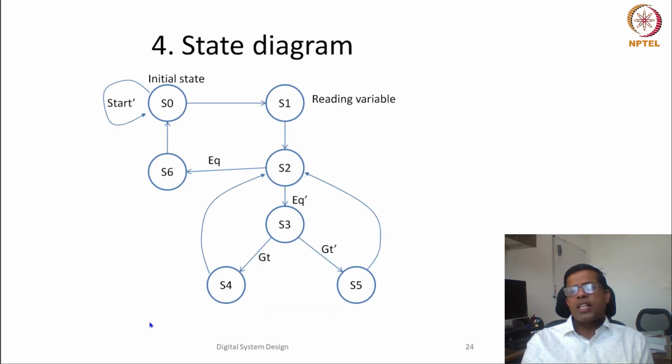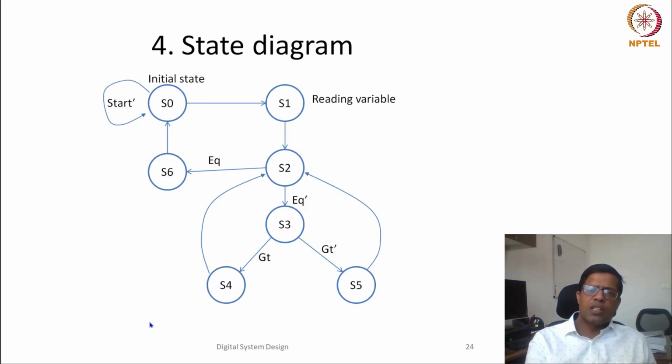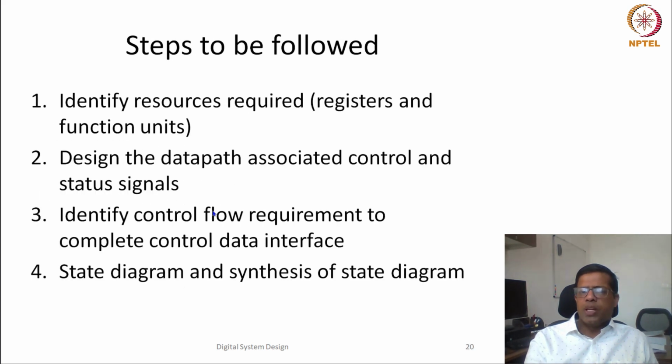So this gives us at least some idea of how an RTL level design is done and how the states are identified. One step which we have quickly bypassed here is that we decide what all operations need to be performed in a single clock cycle. Here, because my state machine and the algorithm were simple, only one of the operations was performed at a single time. So let's take some more sophisticated algorithm in our next lecture, and then we can see how these steps could be done in that exercise.